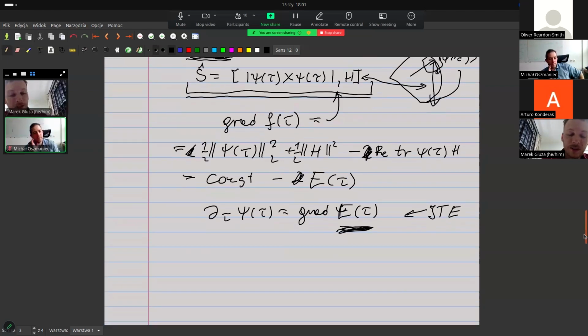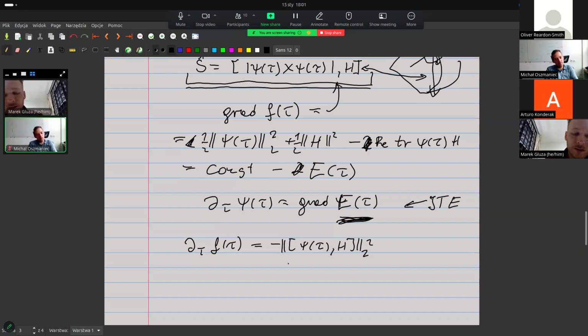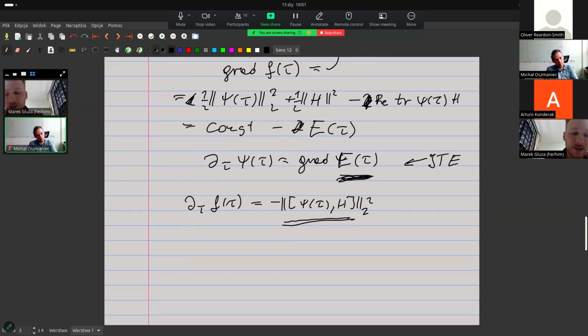Now I was trying to understand why David's trick worked, and then I was looking at some more of the things. So actually what happens is that the cost function change for any double bracket flow will be minus the norm of the bracket. So in our case, it will be psi of tau comma H. Okay, so we have an analytical way of computing the change of the cost function. The change of the cost function is the length of our direction in the steepest descent direction. Okay, but because this is pure, if you compute this norm, and unless you ask me I will not compute it because it's just 2 lines,